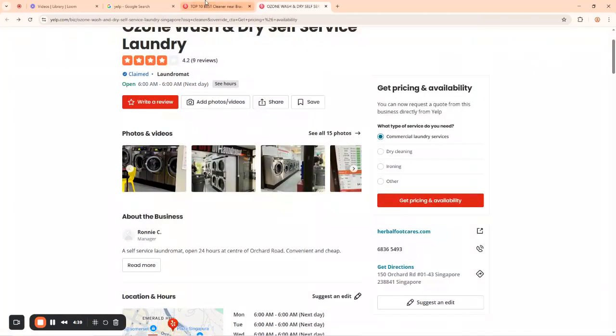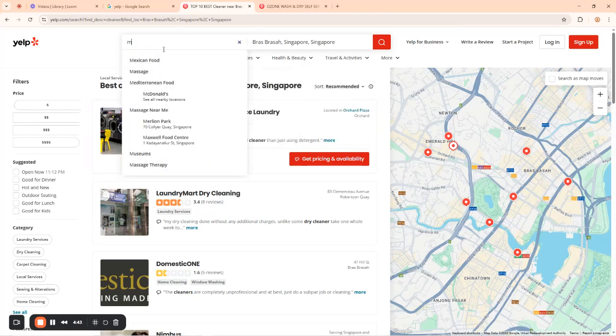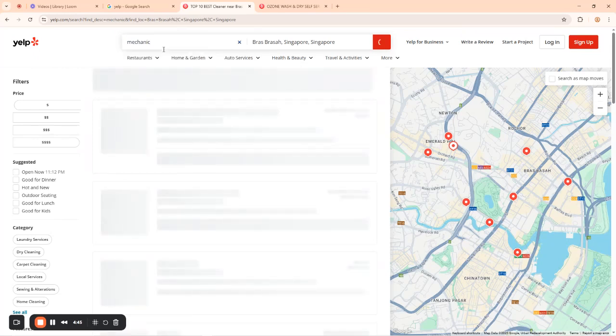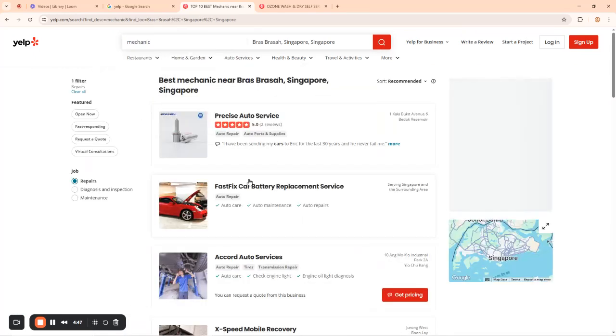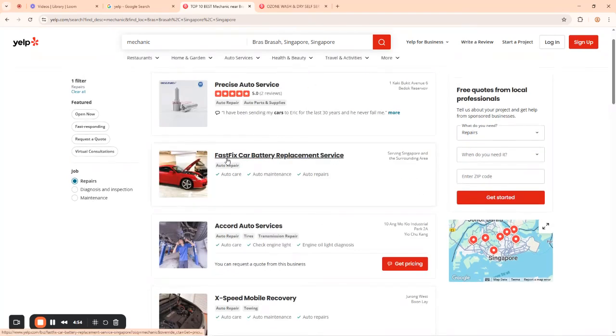So also, if you're looking for a mechanic, you can simply find them by coming to the area and typing mechanic. Okay? And it will come up. See? This is just mechanics here. We have Accord Auto Services, we have Fast Fix car battery replacement services, we have Precise